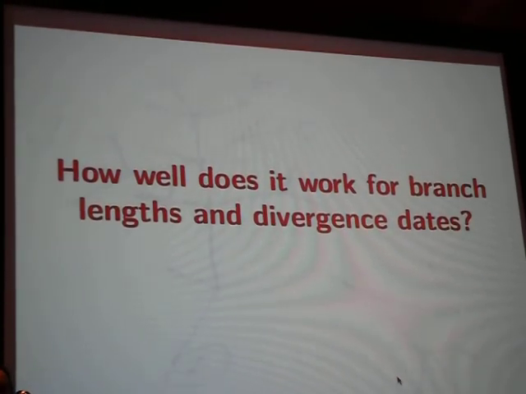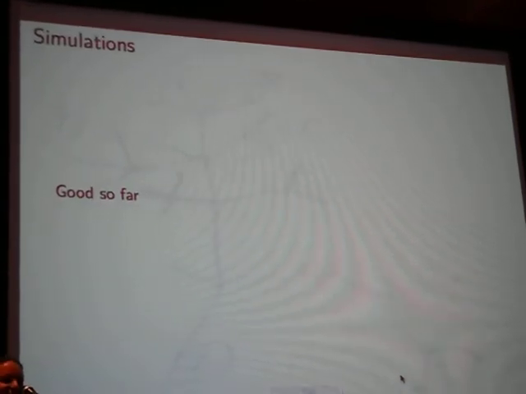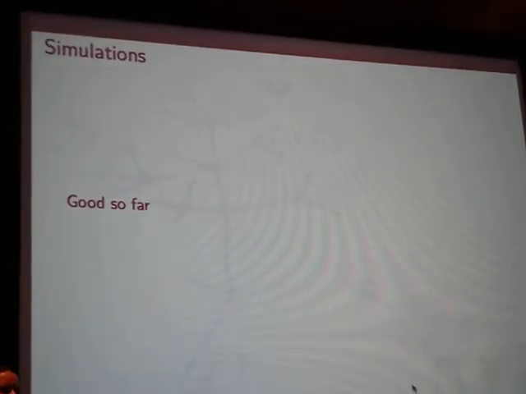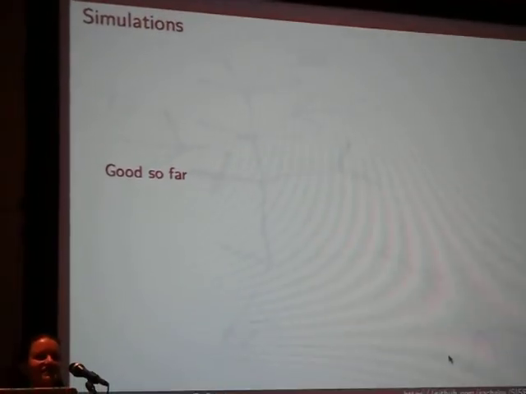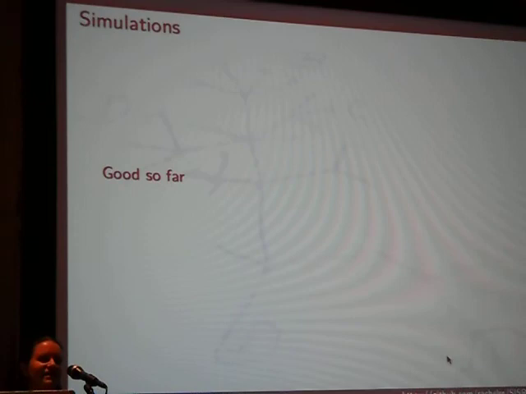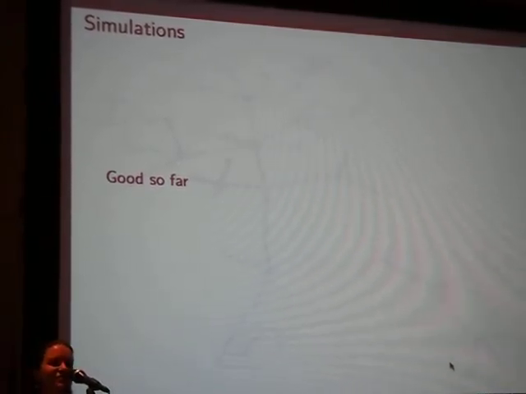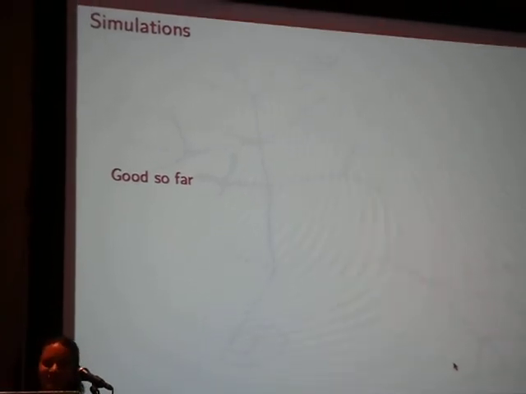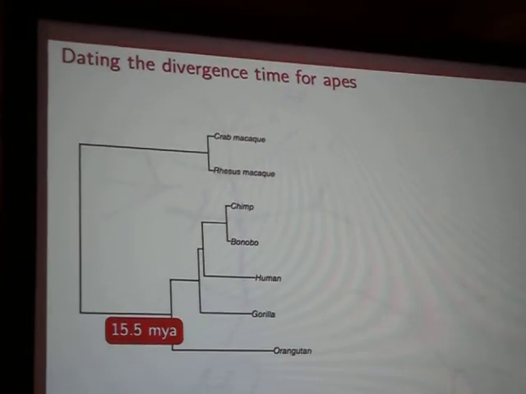So how about branch lengths and divergence states? This is the second question I always get. This is what I'm going to say. It's good so far. For all the simulations that I've done, if I put a tree in and I simulate a genome and I simulate next-gen data and I run Scissors and I analyze the data, all the trees look exactly like what I put in. So this is really good so far, but I don't have any pretty graphs to show you. So that's coming soon, hopefully. But I will show you a tree for, this is the same